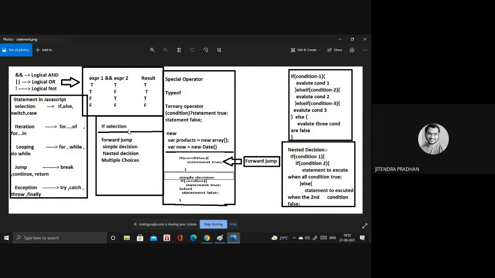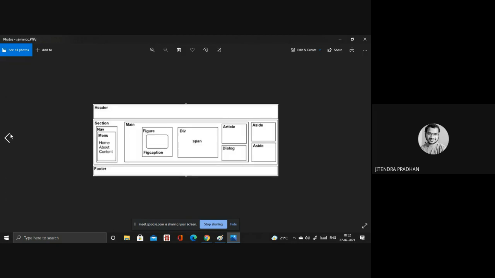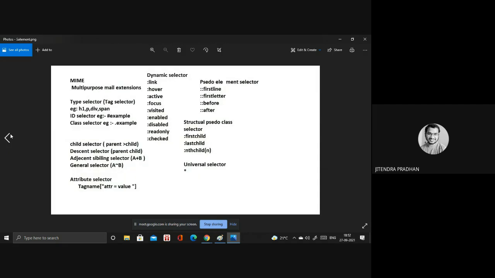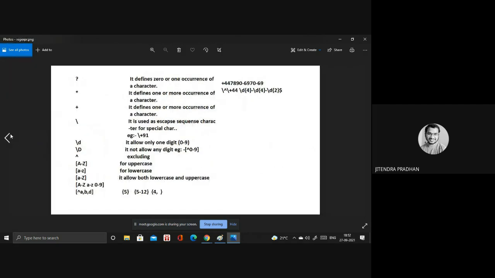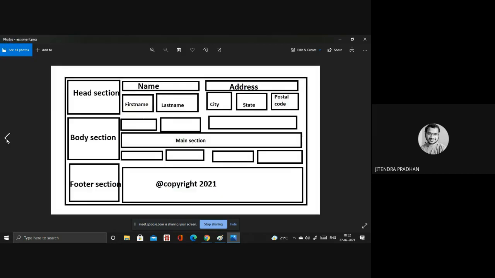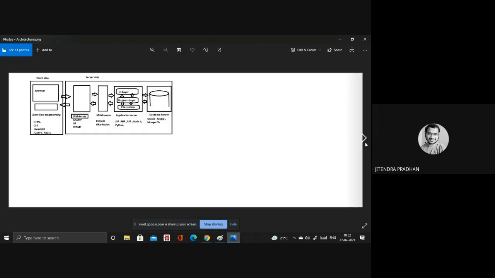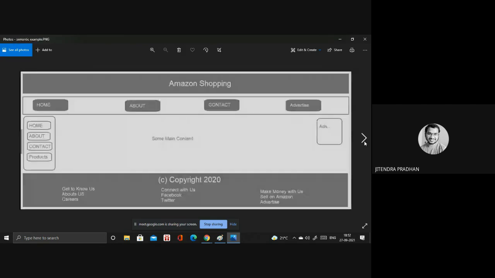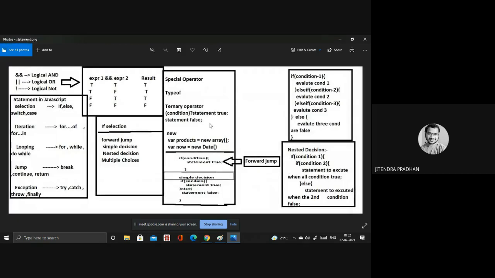On the left side we have the statements in JavaScript.